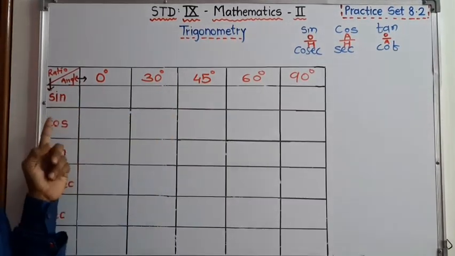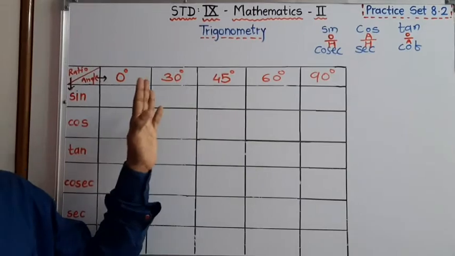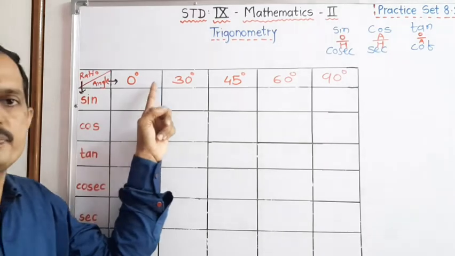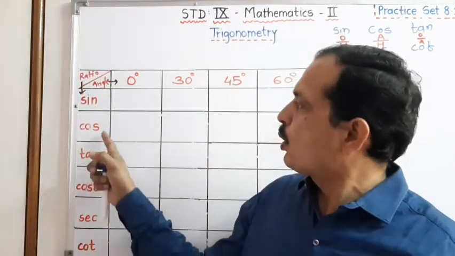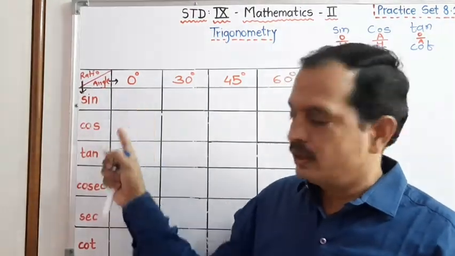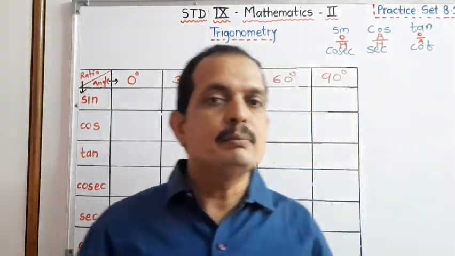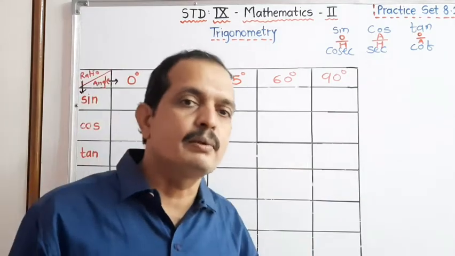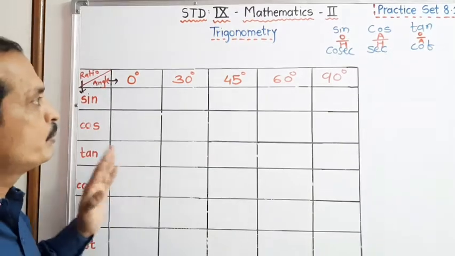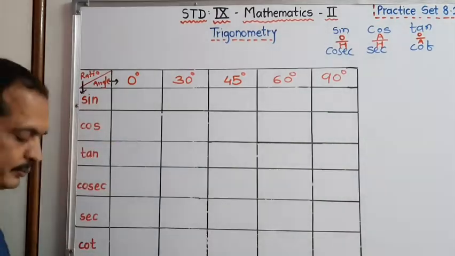See, values of trigonometric ratios for different measures of angles. That means we have to find out the value of sine 0 degree, value of cos 0 degree, tan 0 degree, cosec 0 degree, sec 0 degree or cot 0 degree. It is one simple trick how to complete this table and how to remember this. This is important. Therefore, before going to find out the values, we have to write here